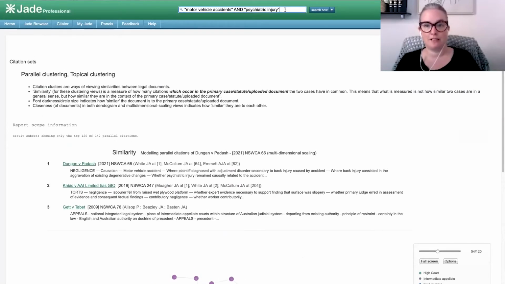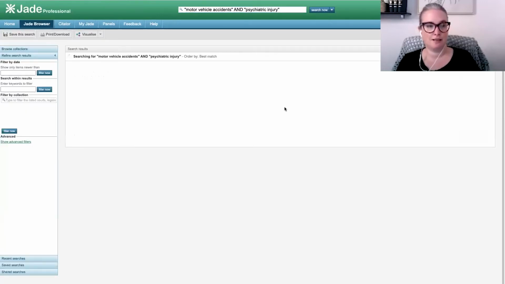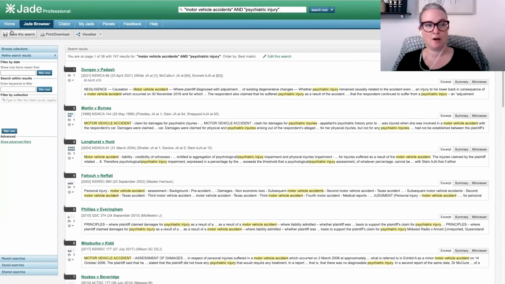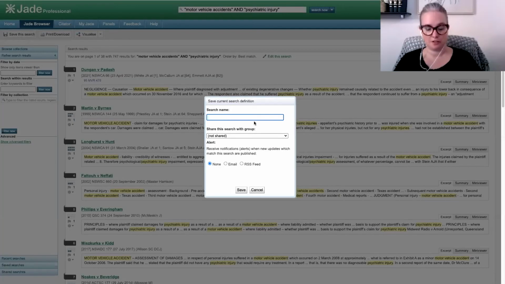If we go back to our list of results for this search, you can also see I've got a button here to the right-hand side that allows me to save this search. This is where with JADE Professional, you can get really bespoke about the alerts that you create. I'm a personal injury practitioner. I deal mainly with motor vehicle accidents. This is particularly relevant for me. I want to save this and be alerted anytime a case is received by JADE that matches my search criteria. I just need to click Save this search,